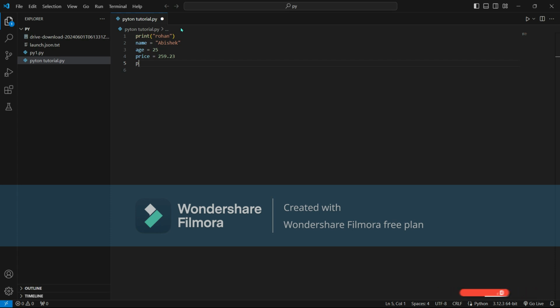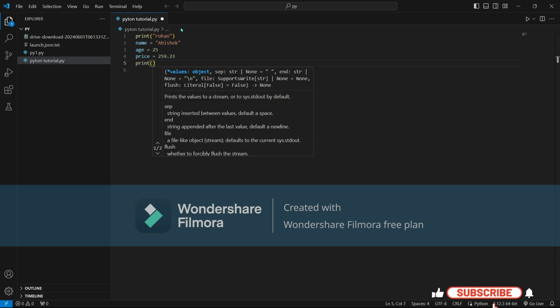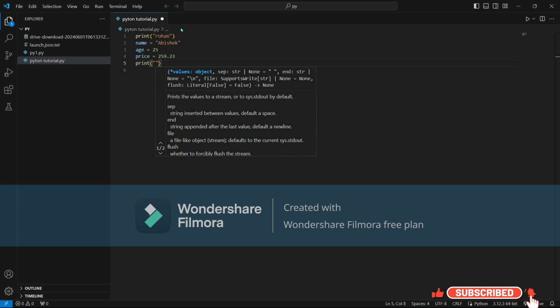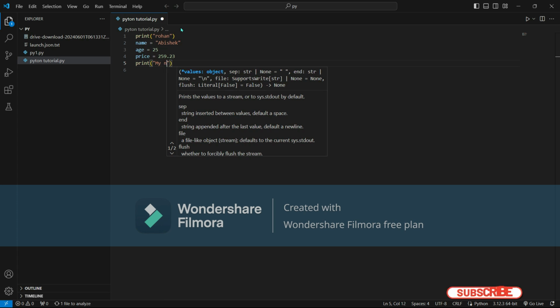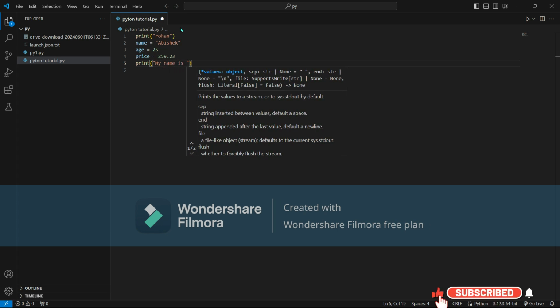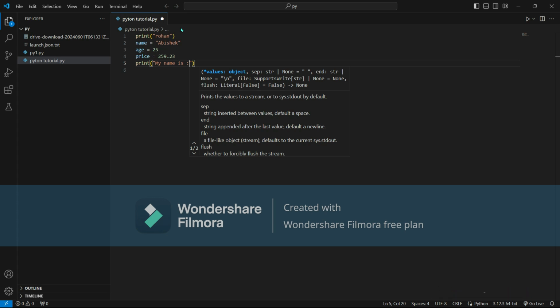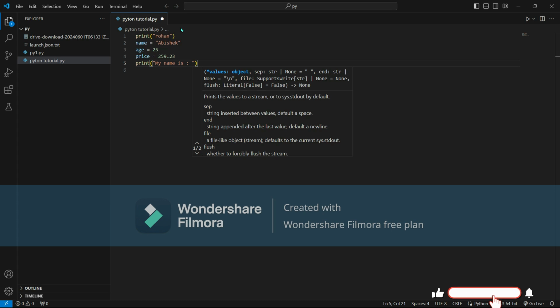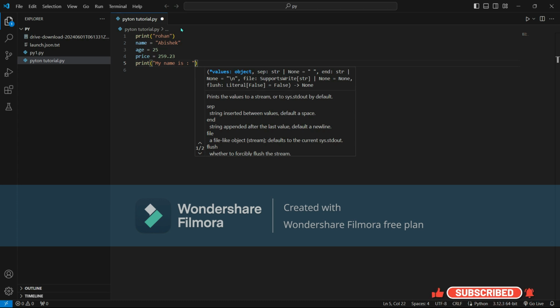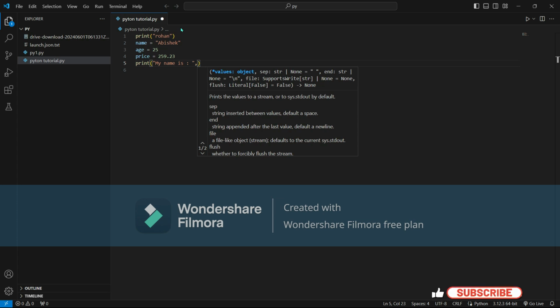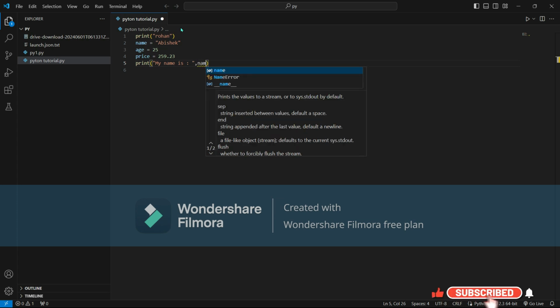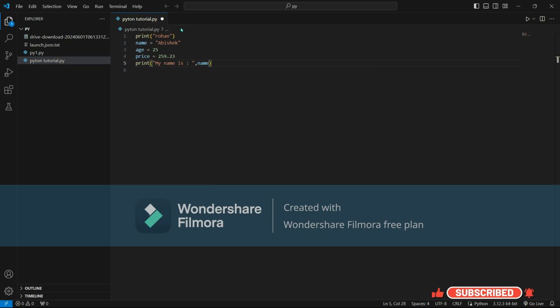Like if I write print, brackets, and I will write my name is, and afterwards I will write again these quotes, comma, and I will write the name variable and close it with a bracket.